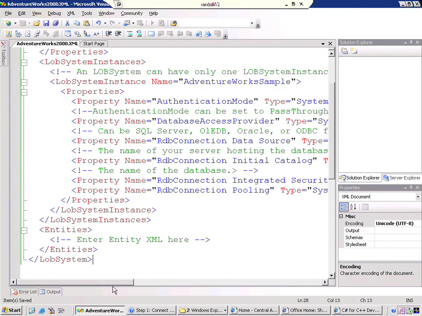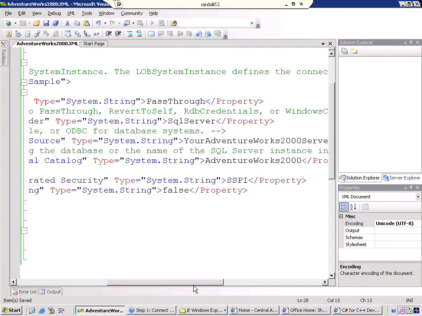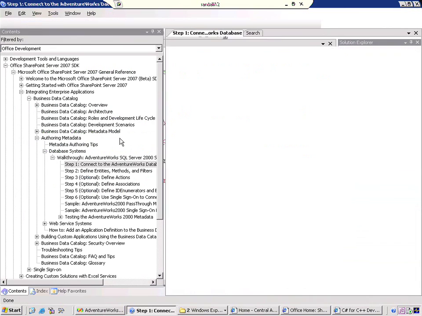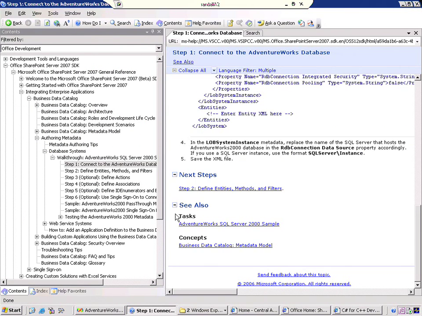And then the next thing that the walkthrough tells you to do is to change your AdventureWorks 2000 server name. So I'm just going to update that in my XML file. Okay, then back to the walkthrough. That's the end of step 1. So we're going to go on